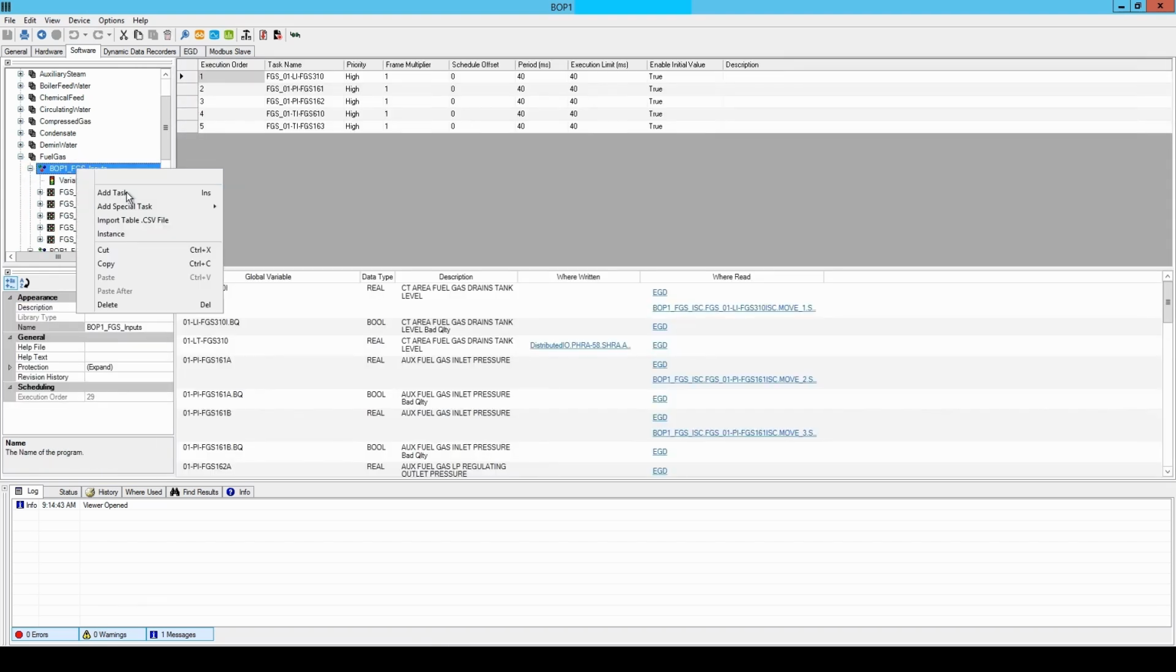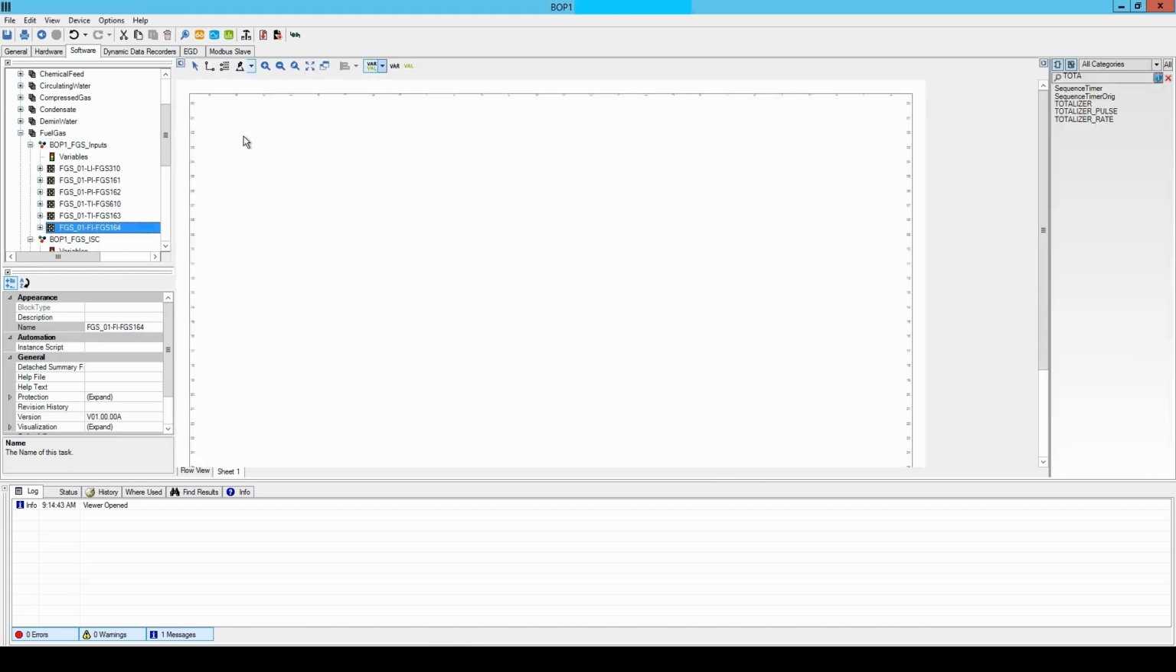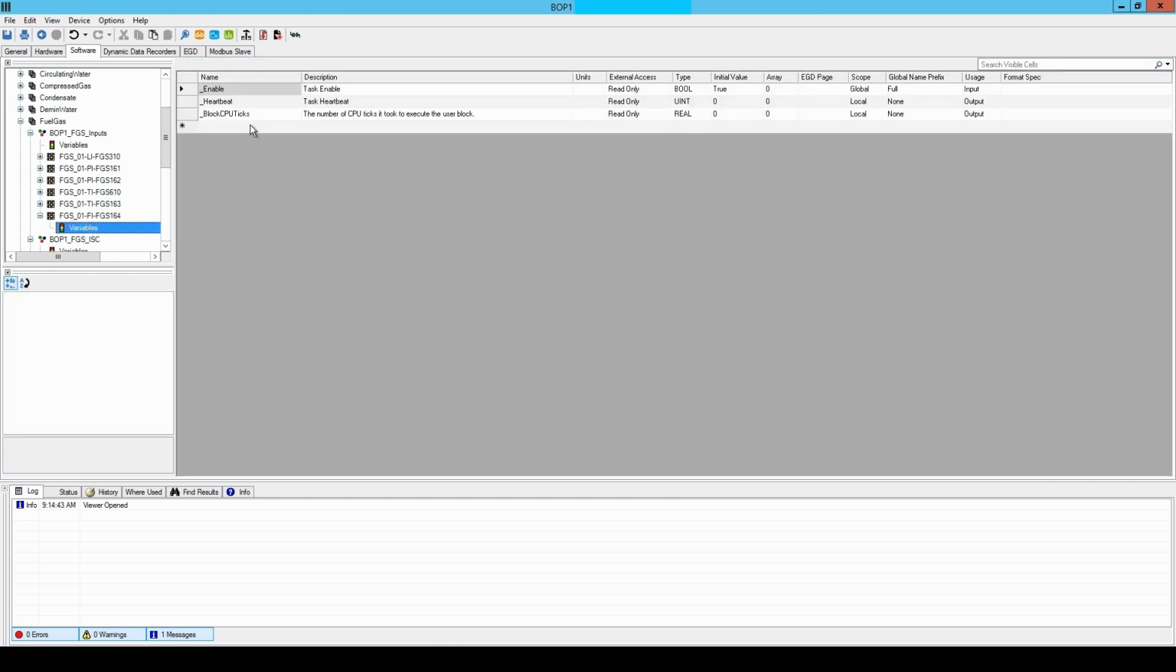First, I'm going to add a task. I'm going to use the new tag name as the name of the task. Then I'm going to open the task. I'm going to give it some rails and put it into manual layout. I'm going to come to variables in my new task, and I'm going to create the variable I'll be using